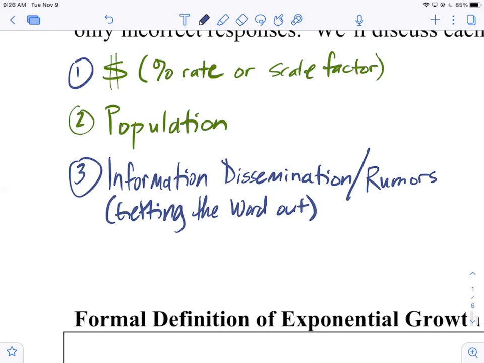Education? Okay, so in a community, the more people that get educated, the more people will be educated. Or the more people that are educated, education is going to grow at a faster rate. That's kind of a combination of 2 and 3, but I would agree. If you start with a community and you educate one person, that person can then educate more people, and then those people can educate more people. I think that would be related to 2 and 3.